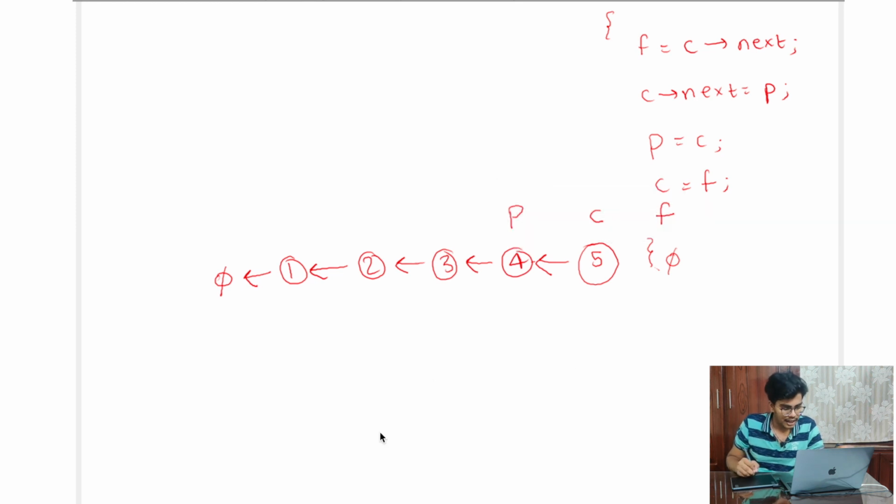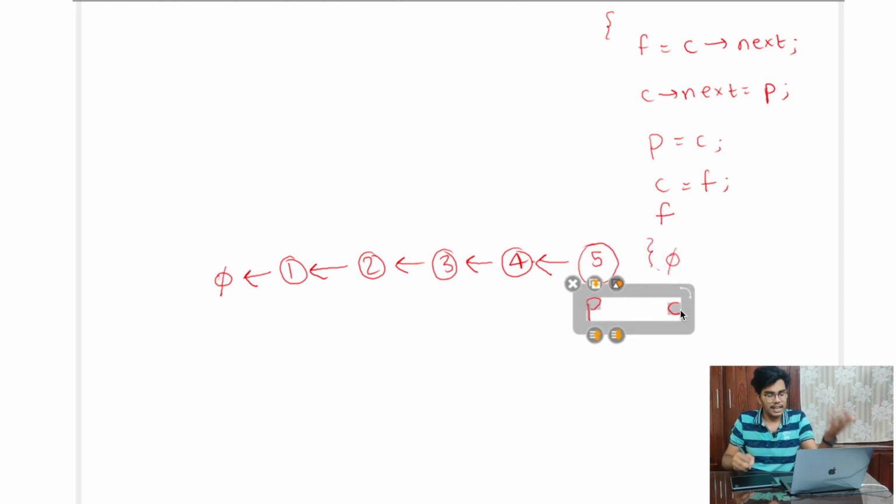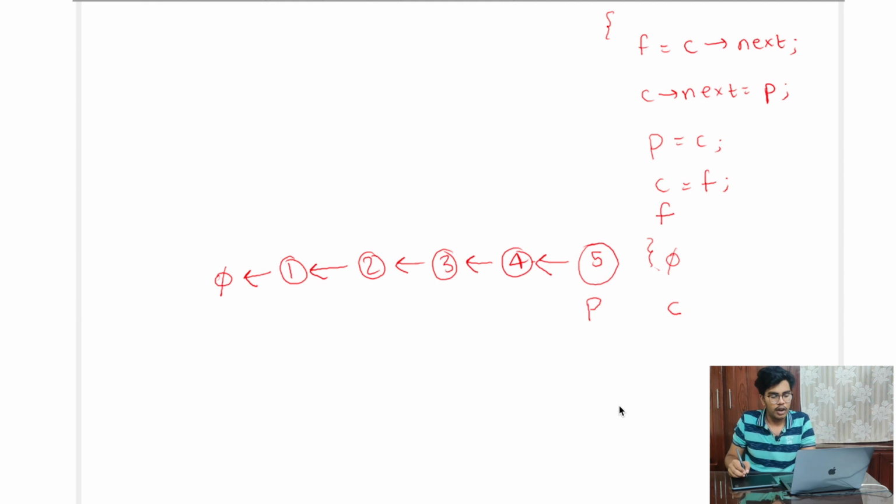At the last stage, only previous and current will move, right? Because forward will move in the next loop, but we will not go into the next loop. So only previous and current will move. Current will be pointing to the null pointer. Forward will also be pointing to the null pointer, whereas previous will be pointing to the new head of our linked